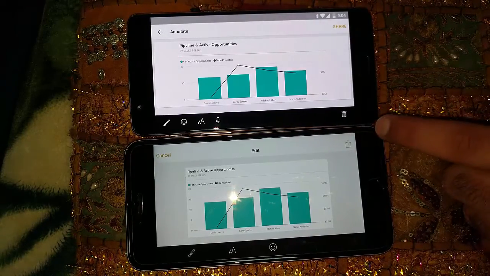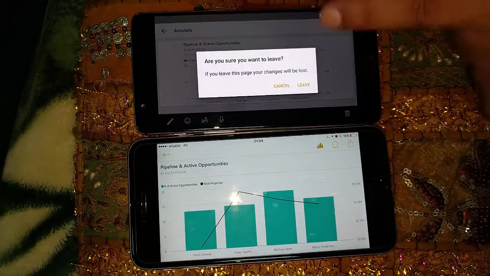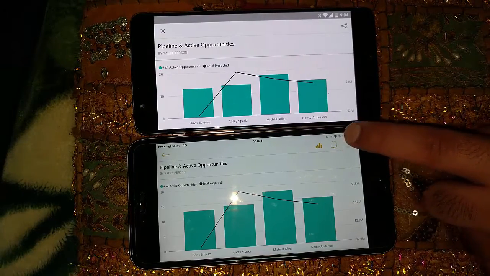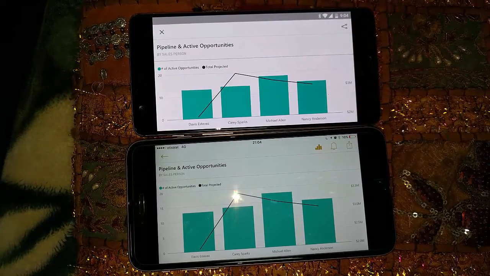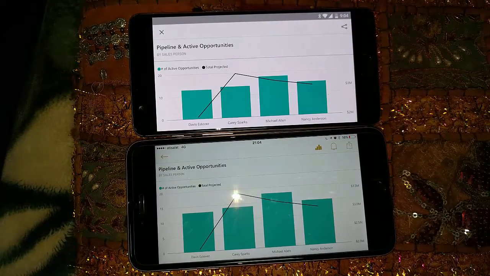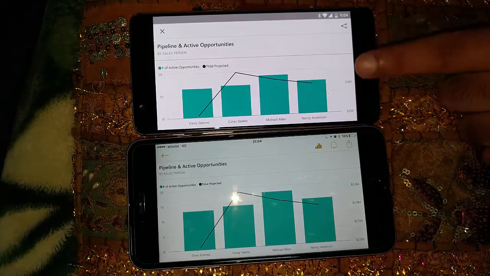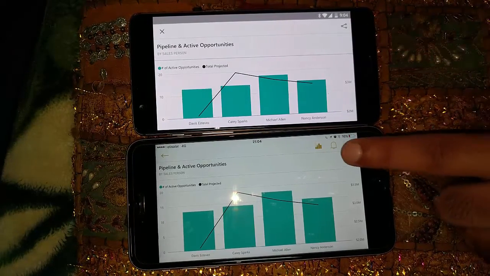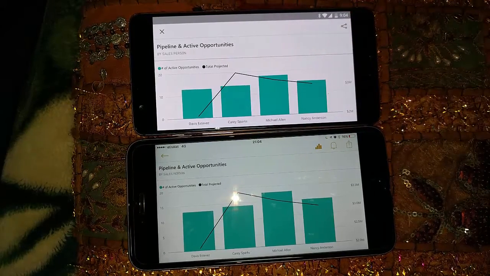Let's see if we can find more differences. So I'll tap on cancel here and back here, and I can see this alert button here, which is not available on the other side. Alert means if my threshold is crossed or is not crossed for some reason, basis the alerts that I set at powerbi.com, I will be able to see some notifications here. While that functionality does not seem to be ported as of now to the Android version. And then there is this option of drill downs, which does not seem to be available on Android also.